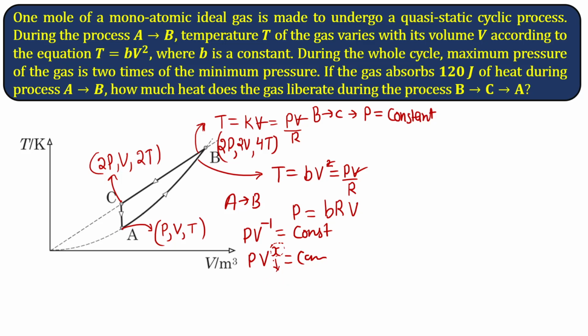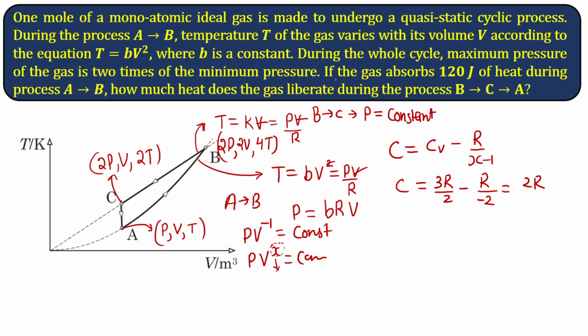For all values of X other than that, we can directly use the value of heat capacity for this polytropic process, that is C equal to CV minus R divided by X minus 1, right? So CV for a monatomic gas is going to be 3R by 2 minus R divided by minus 1, that will become minus minus 1, so it actually becomes 2R, right? So heat capacity for process AB is going to be 2R.